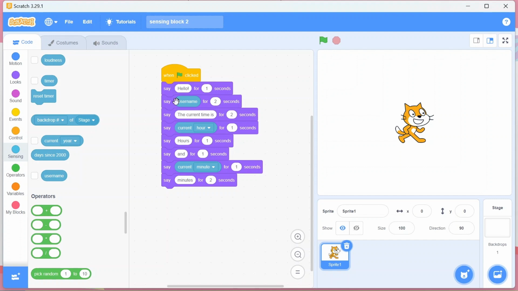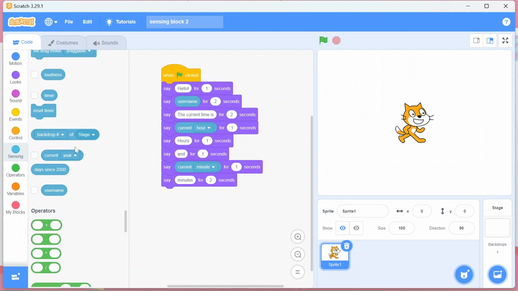So we have set it so that it says hello. First, it will say the current time is, and we will tell it about hours and minutes. When we are telling about time, we talk about these two things, right? So let's run it. As I run it, it says hello. The current time is 14 hours and 49 minutes. 14 hours, basically, is following the 24-hour clock, so it means it's 2:49 right now. So this is how this code runs.